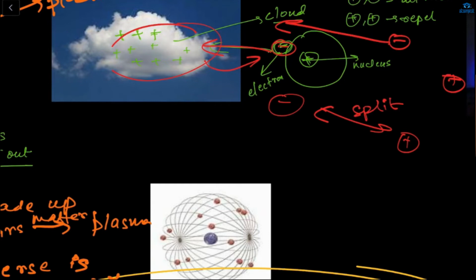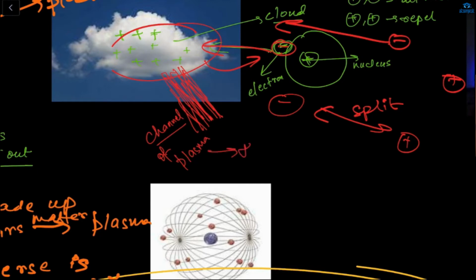So we can say that this cloud is making ionized gas, and here becomes the channel. This type of channel, it will be there. And here becomes the channel of plasma, through which electricity will be conducted. This will become a channel of plasma because my positive and negative charge is combining and it's forming an ionized gas. So in the surrounding of the cloud, it will become one channel, the channel of plasma, through which the electricity will be conducted.